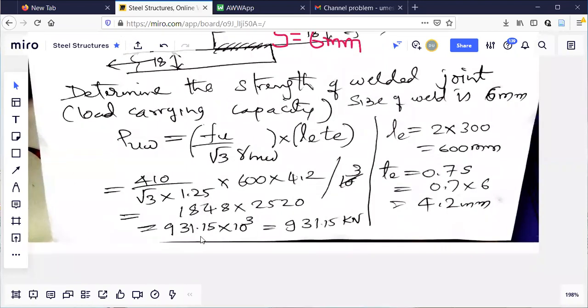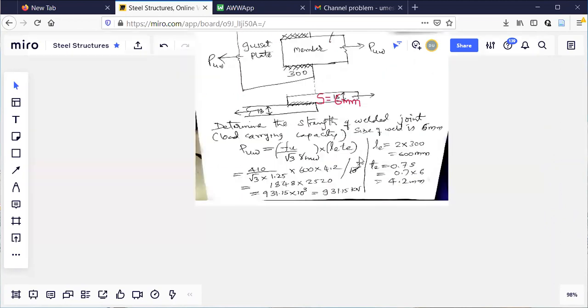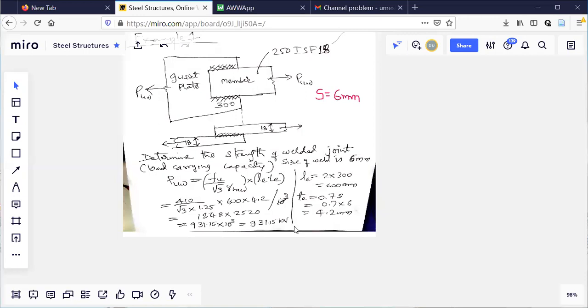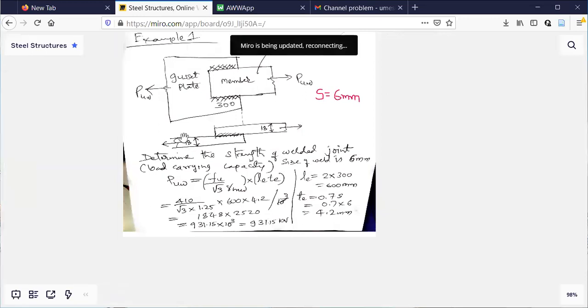After calculation of this, press the ENG button of your calculator. It will give the result in terms of 10 raised to 3, so that we can easily say it is 931.15 kilonewton, or 931.15 into 10 raised to 3 Newton. The display on the calculator screen is 931.15 into 10 raised to 3. So this is how the problem is solved. Okay. The problem is over here. It means when I apply a load of 931.15, it is likely to